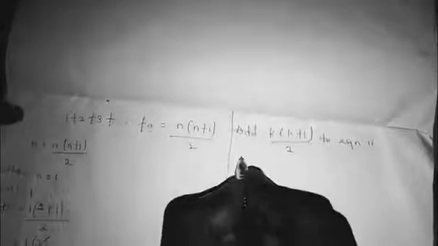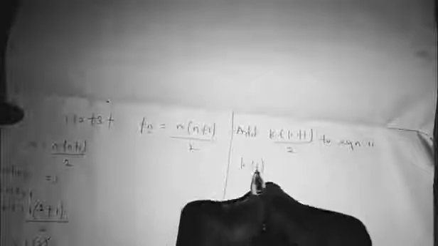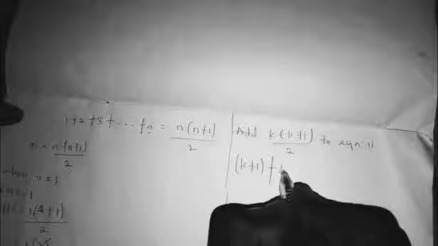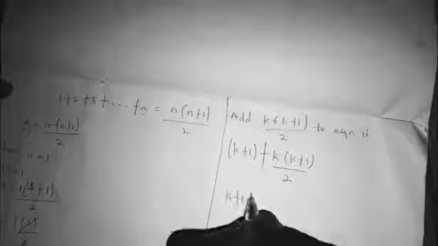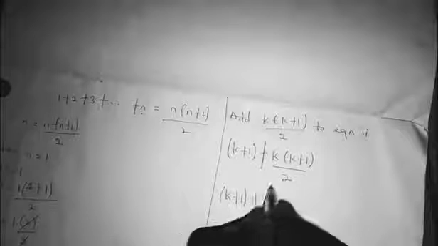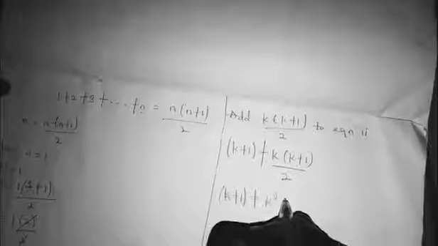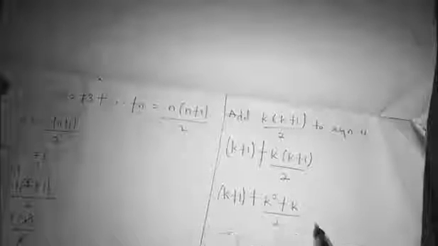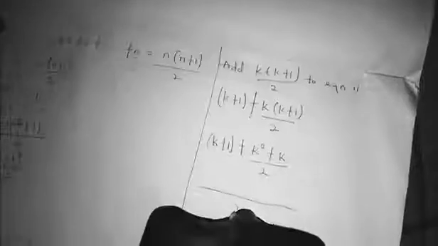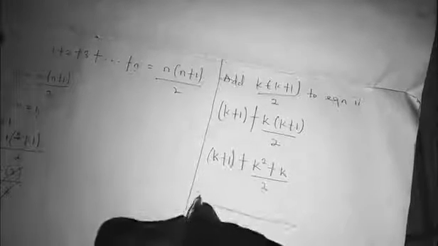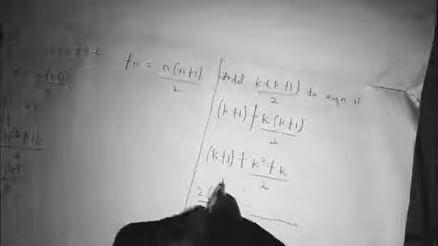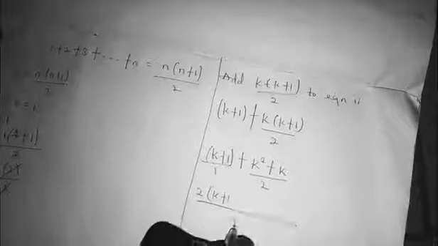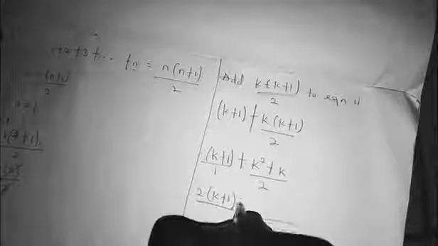Now what's equation 2? Equation 2 is k plus 1. So plus k open bracket k plus 1 all over 2. So that will now be k plus 1 plus, open this one, k squared plus k over 2. So LCM will be 2. Then 2 multiplied by k plus 1, so this over 1, 1 into 2 is 2, to multiply by this, then plus